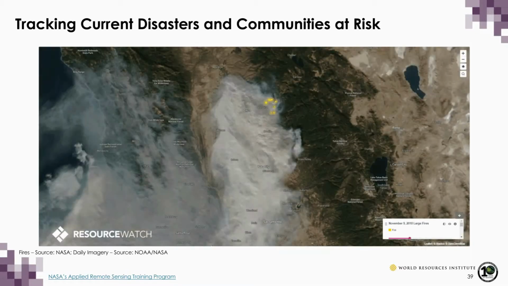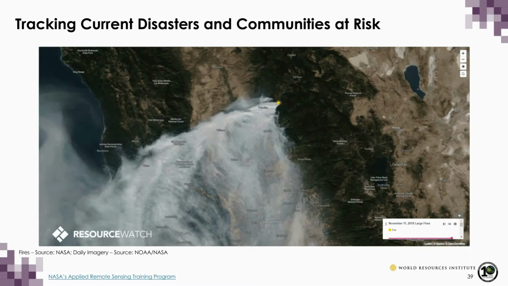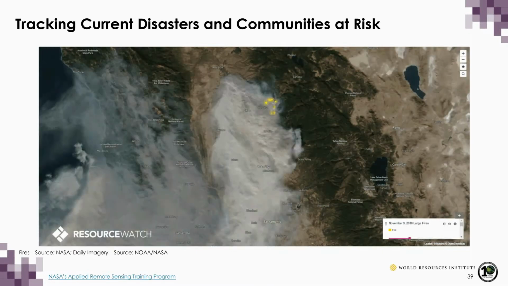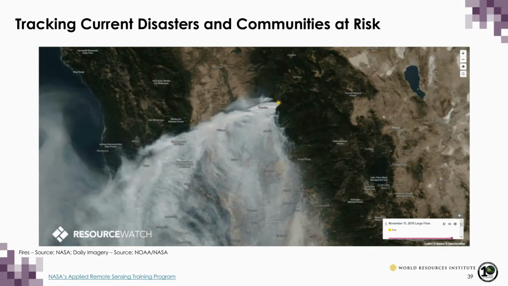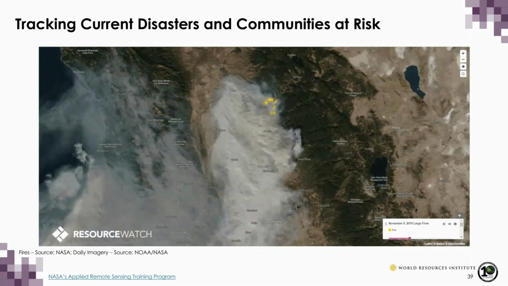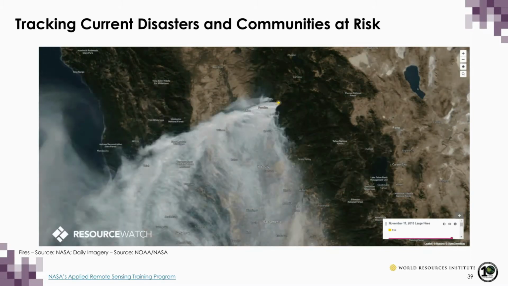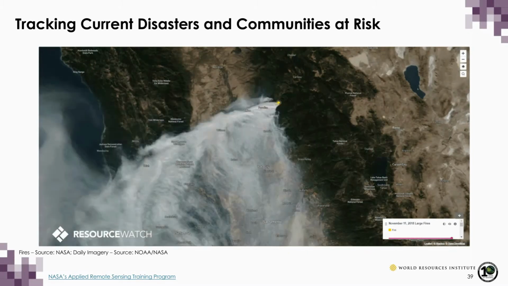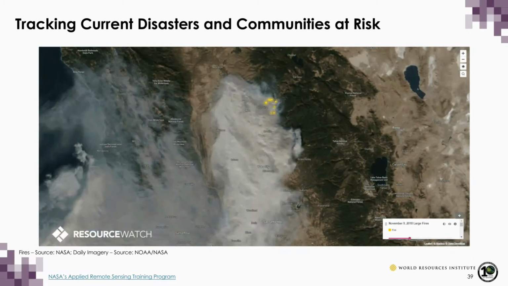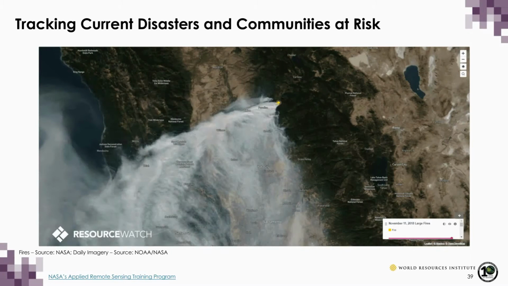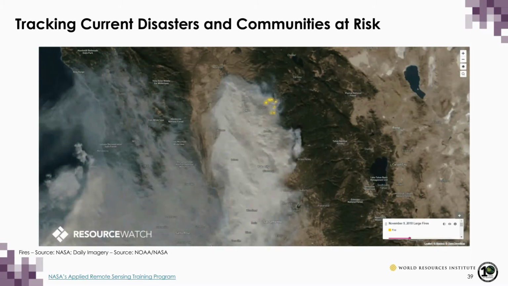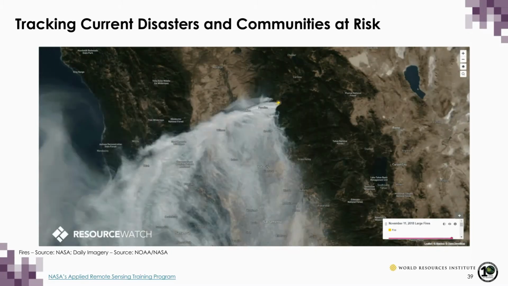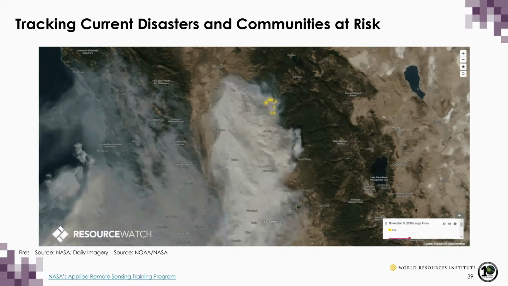So just last November in Northern California, we had the really disastrous Camp Fire. It was very deadly, and we tracked that in near real time by showing the satellite imagery, showing these smoke plumes moving around, and also our large fires data set, so you could see exactly how this fire was spreading. So this is our first example of a recent natural disaster that we tracked in near real time.